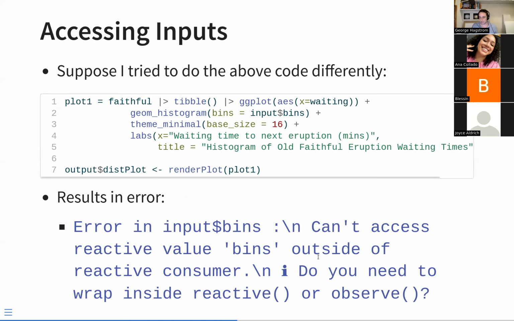Okay, so now I'm going to start to get to some slightly more complicated features. So how do we access the inputs? Suppose that I tried to do the following in my user interface. Suppose I tried to plot. Suppose I just had this code in my server function where I tried to create a plot variable,